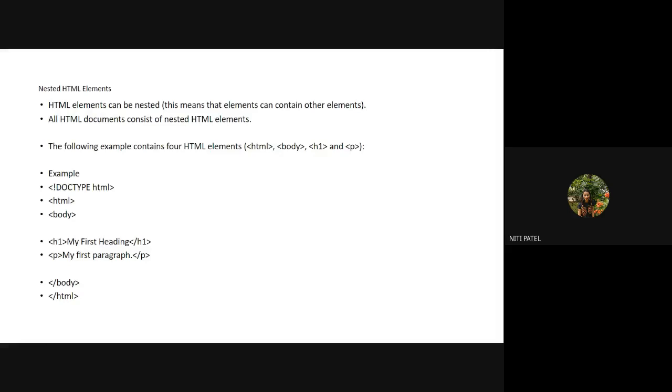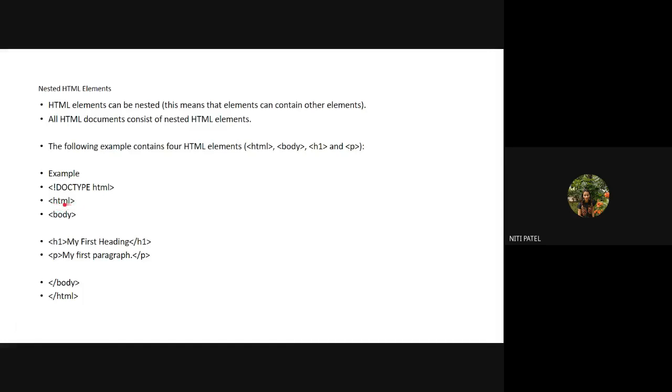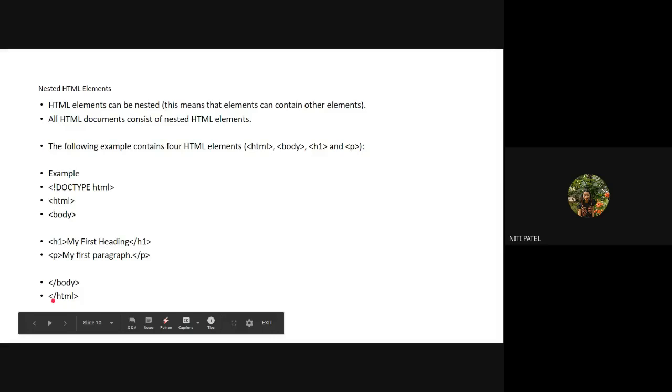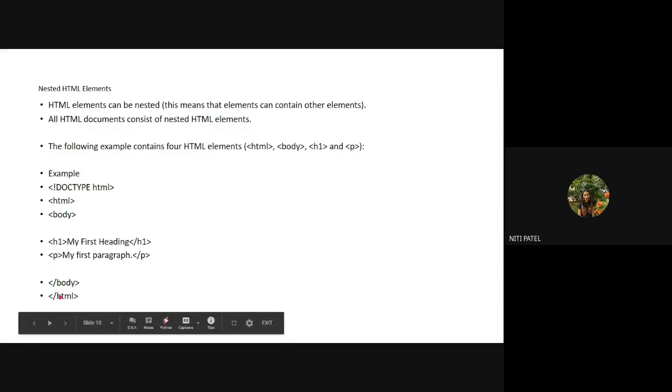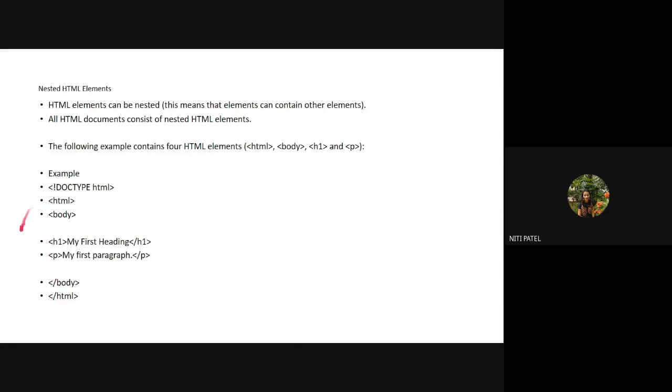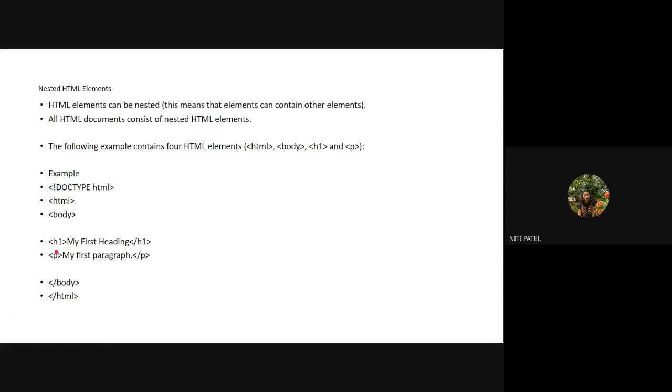Now I have opened a document type HTML. I have opened an HTML tag. So can I say this HTML, which I am pointing to right now, is an element? Yes. So if this element has one more element inside it, before it gets closed, I call it a nested element. HTML opened, inside it there is body, H1, P, then body closed, then HTML closed. So before HTML opens and closes, I have a total of 3 more elements inside it. Yes or no? Which are those 3? One is the body, one is H1, one is P. So if I have an element inside an element, I consider it a nested HTML element.